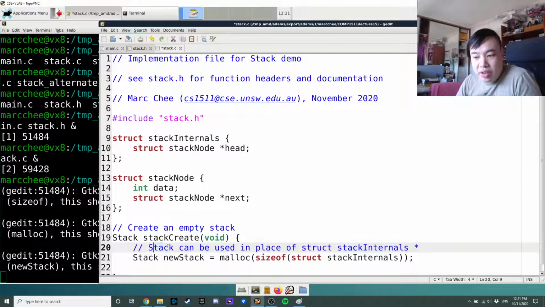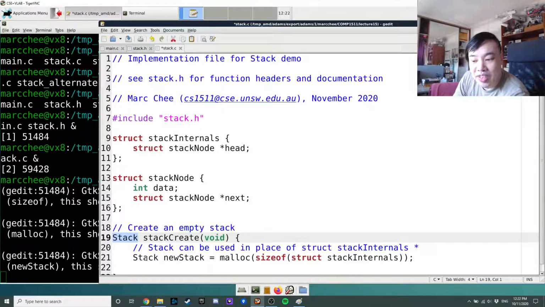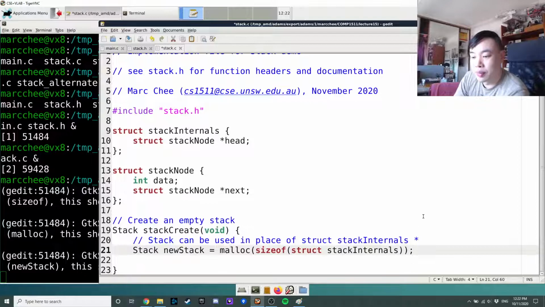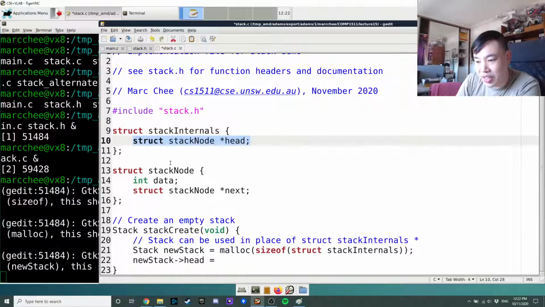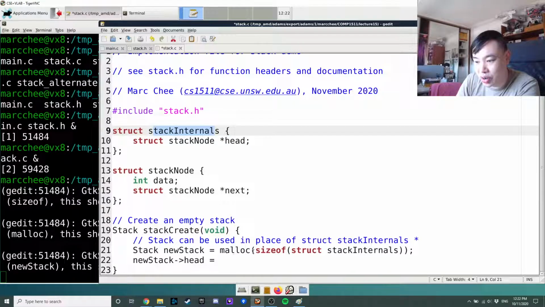So I can use stack wherever I was thinking of using struct stack internals pointer, because the typedef allows me to go either way. And we know that already because I'm going to be returning a stack, so I might as well use the same type that I'm returning, knowing that if I want to, I can use it as if it's a pointer, which I will do immediately, where I say new stack, and I'm going to treat it as if it's a pointer, and say the head inside new stack, which is the variable that's inside the structure that we're pointing at